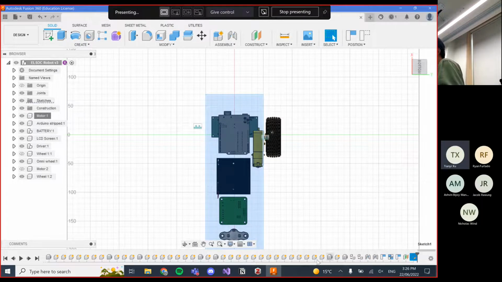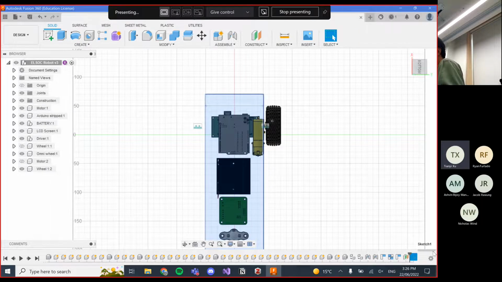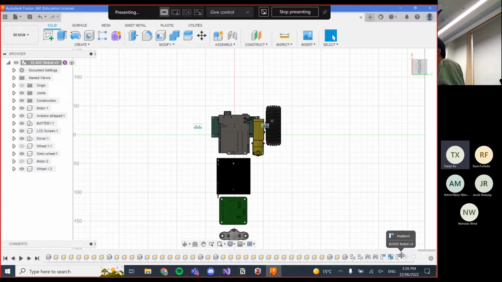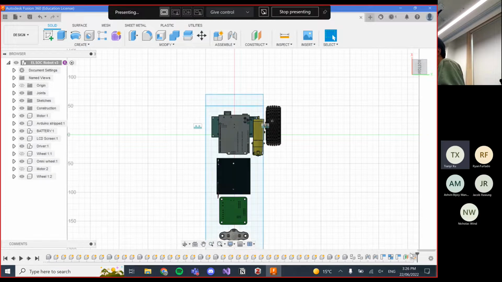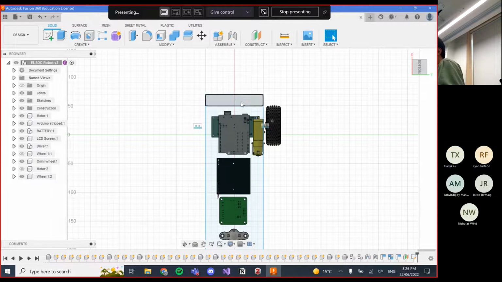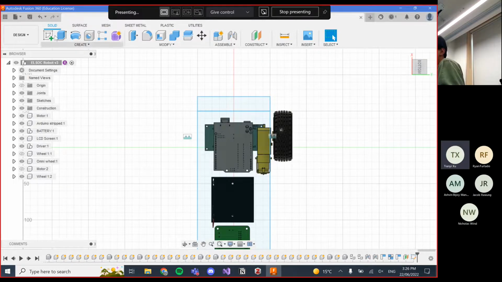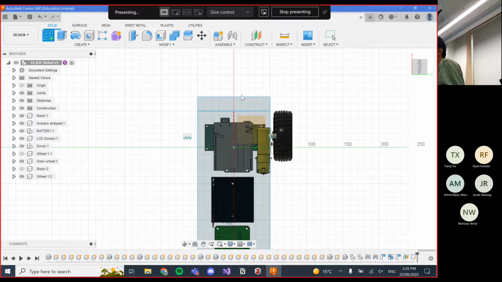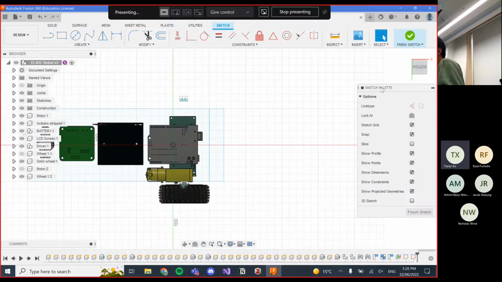So we also have this timeline which allows you to go back in time. So if I didn't want to make that sketch anymore, and if I wanted to go to a position before I made that sketch, you could do that as well. But for right now, I'm just going to make another sketch on top of this sketch,